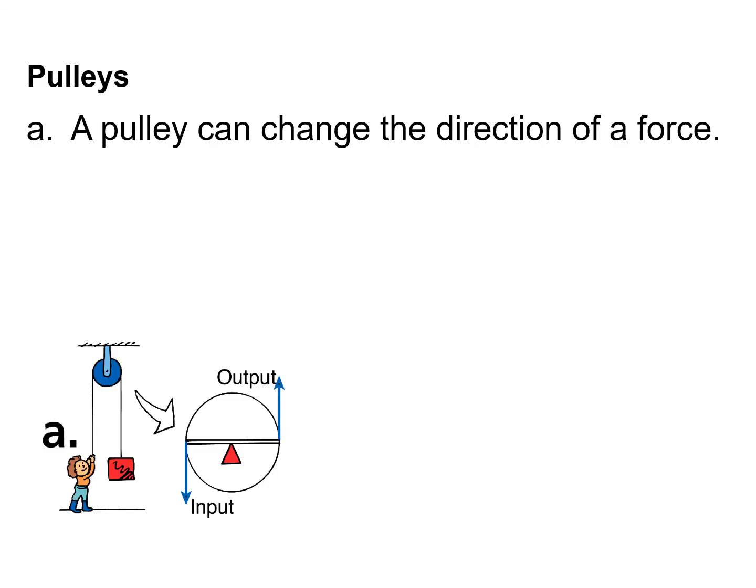We want you to try 3 different pulley systems today. First, we'll have what's called a single fixed pulley. If you pull on the rope, the load will move up while you pull down. Since it's just a single strand over a single fixed point here, essentially whatever this block or load weighs, that's how much force you're going to have to